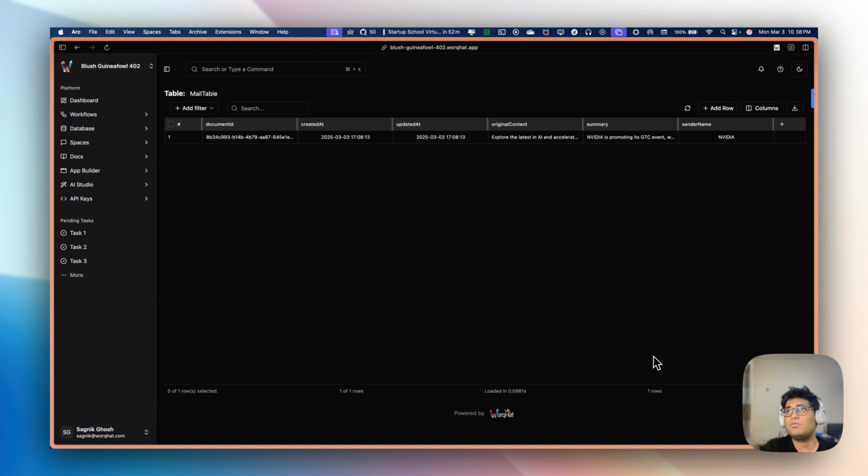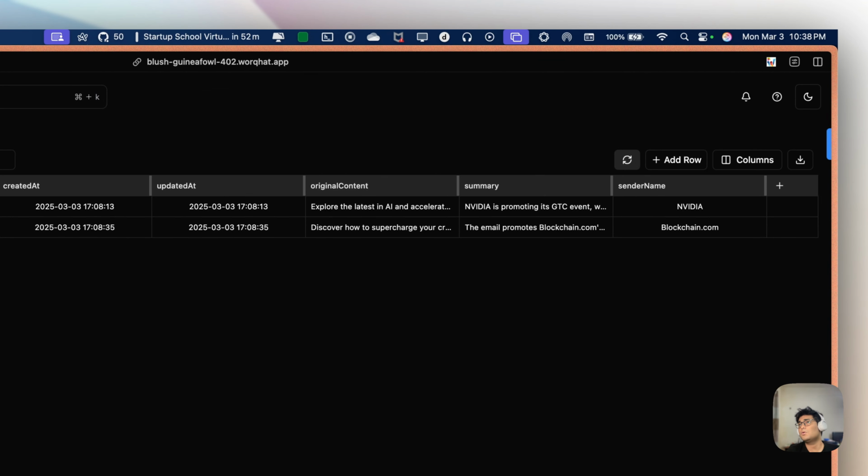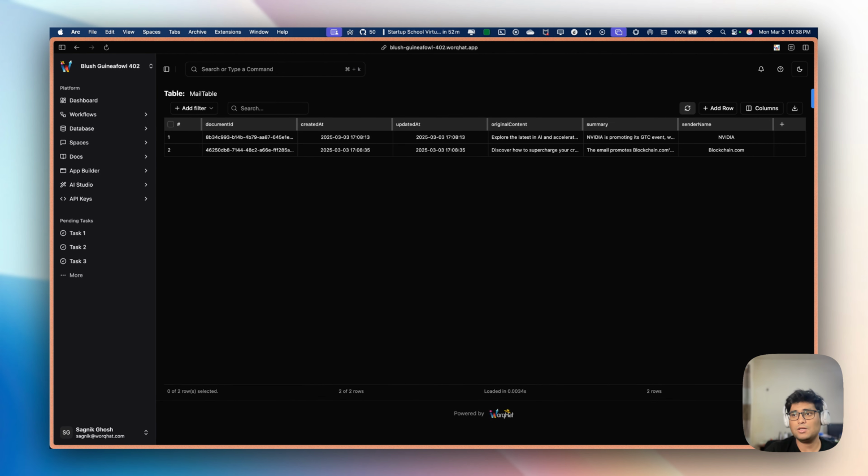So after waiting for around 5 minutes, we can see that the data starts processing. The reason why it takes a bit of time to process your data is because every time you send an email or every time you process some data, a separate container or a compute environment is created for you every time. So spinning up this compute environment takes a bit of time. So that is the reason why it takes, say, around 1 to 2 minutes to work things out and to